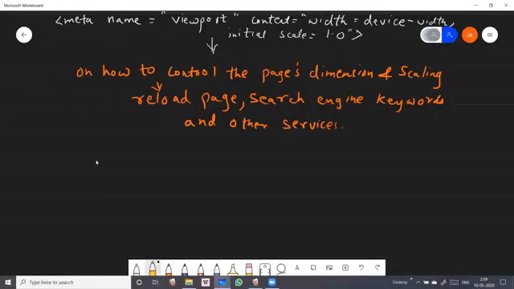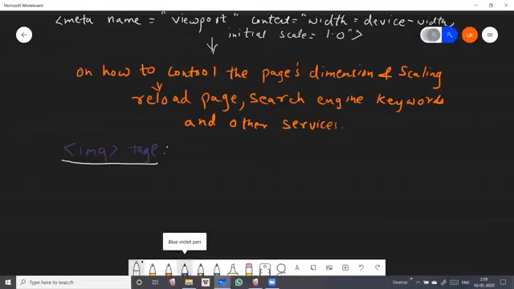Now just have a brief view of the image tag before going to the example. Now what is the image tag? Let's use the white colors, it's visible.